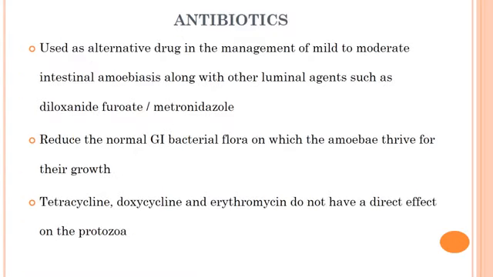Then antibiotics. Antibiotics are used as alternative drugs in the management of mild to moderate intestinal amoebiasis along with other luminal agents such as diloxanide furoate or metronidazole. They reduce the normal GI bacterial flora on which the amoeba thrive for their growth. Tetracycline, doxycycline, and erythromycin do not have a direct effect on the protozoa,